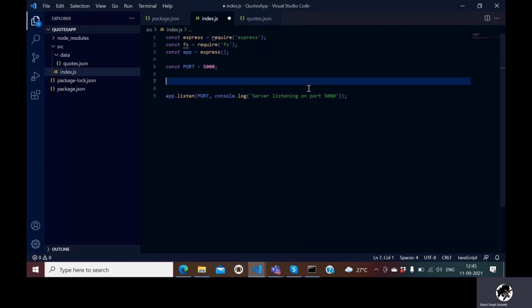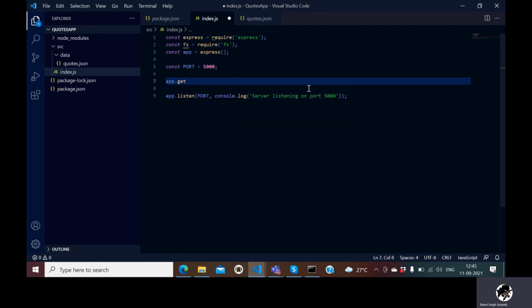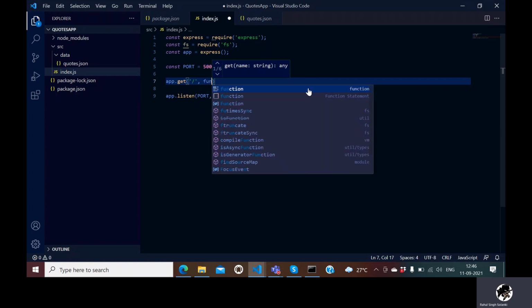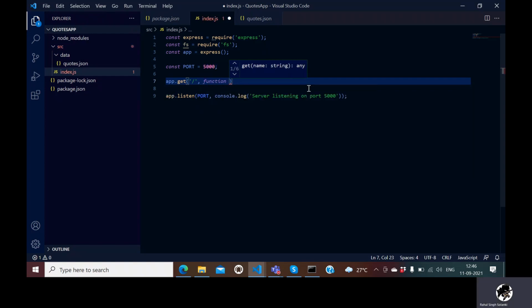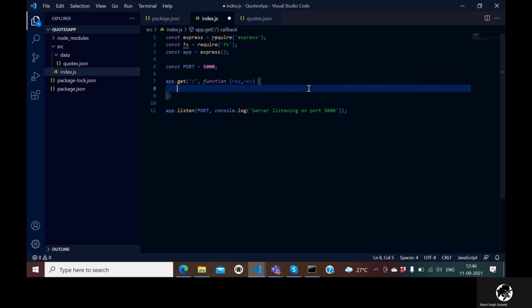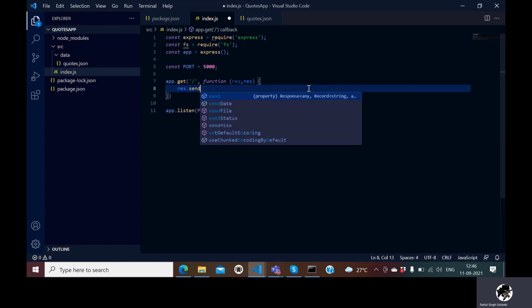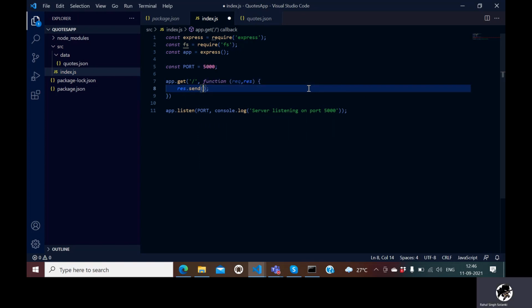So let us do that. In order to do that, we have to use app.get, a get request for the root route, and then we have to write a callback function. It will have the request and the response object. Let us say hello to our folks connecting. Let us send the output like this, with response.send saying